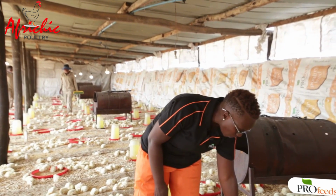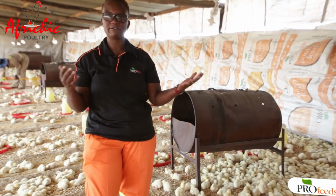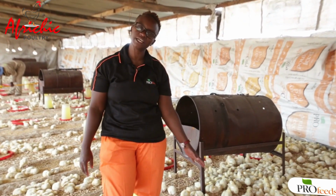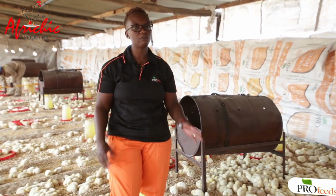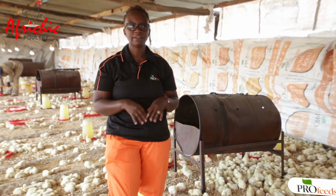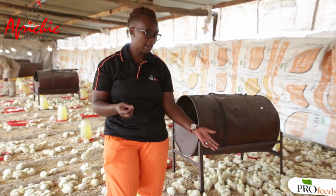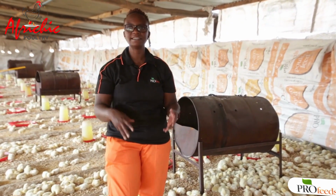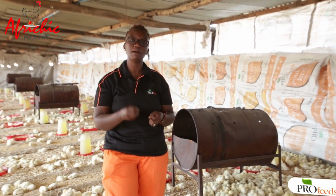And then when it comes to our water, we call it the first drink, which is for about 5 to 7 days. And we recommend that you put a stress pack or a stress mix. This is just a mixture of minerals and vitamins that will help the birds and relieve the stress. Remember, they came here 3 days ago. They're still learning this environment, and the transportation from wherever they came from, we need to relieve them of that